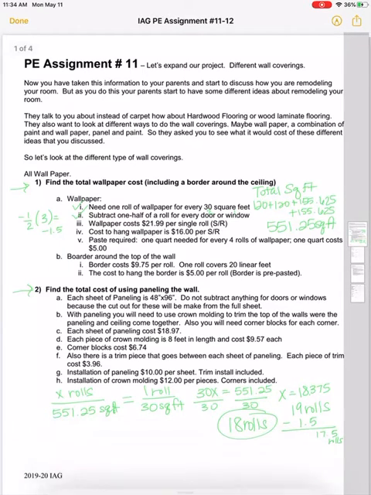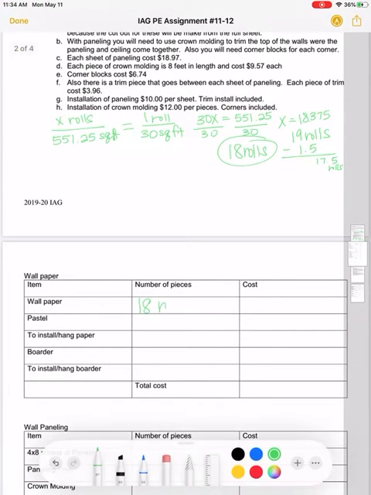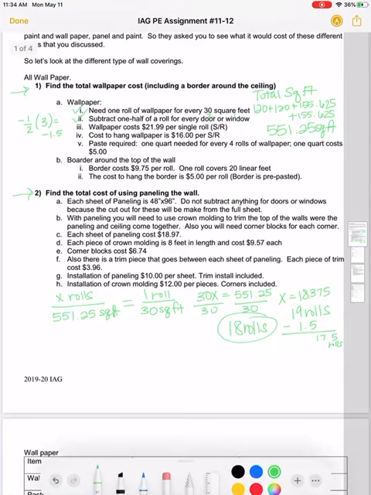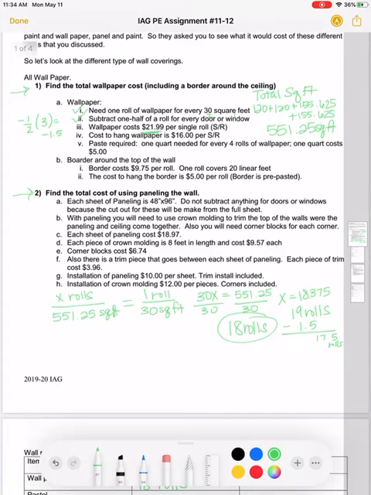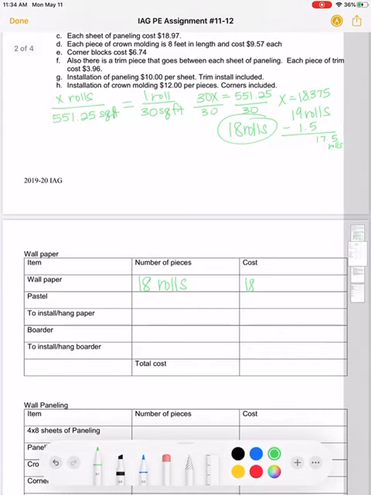18 rolls. Now, if you scroll down, you'll see a little chart here. Wallpaper. How many rolls? I just discovered I need 18 rolls. It tells me up here that they are $21.99 per single roll. So I'm going to come back here. 18 times $21.99 is going to give me,